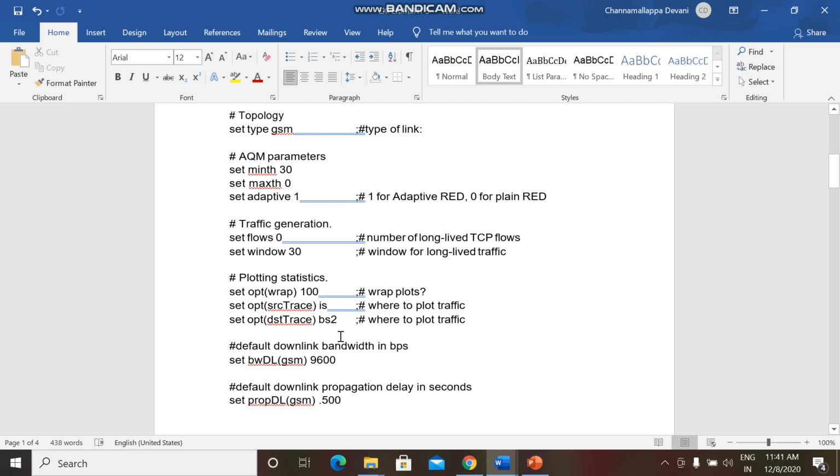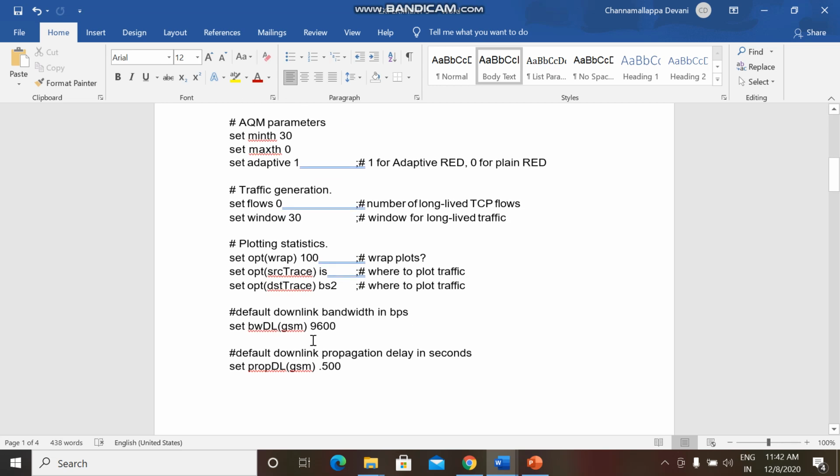Now once we generate the traffic, the next step is we need to know what link is established, what type of link we are establishing, whether it is a duplex link or a simplex link. Here in case of GSM, we have to set the bandwidth as well as the propagation delay.